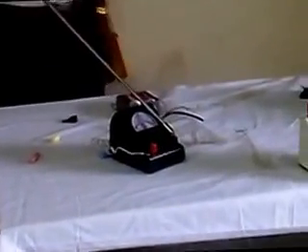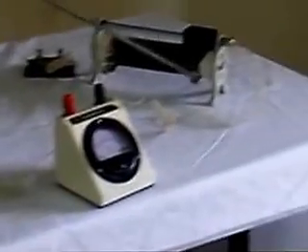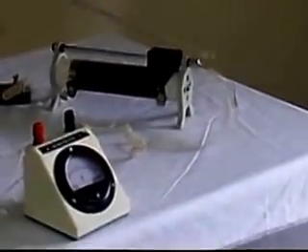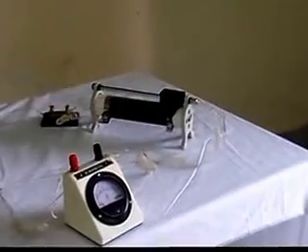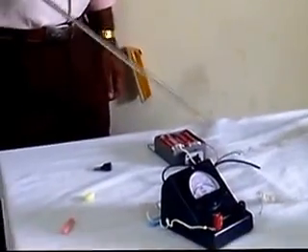Then, observe carefully here, ammeter negative goes to the wire for which we have to find out the resistance per unit length. Then after, it goes to the rheostat. I told you this terminal you have to leave, we should not connect it now. We have to connect it here. So it has gone to the rheostat. Again from the rheostat to the key. See this one, from rheostat to key here. Again from the key to negative. Now the circuit is clear.